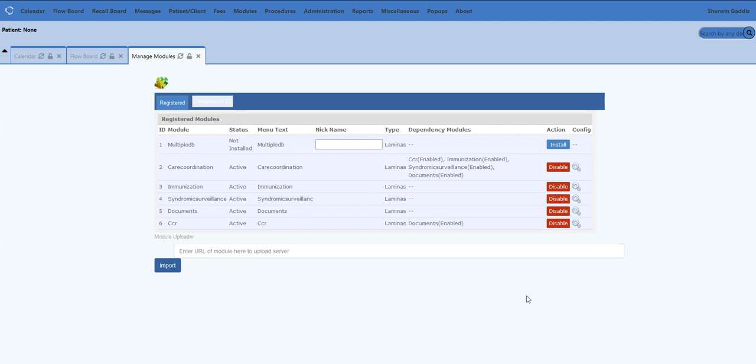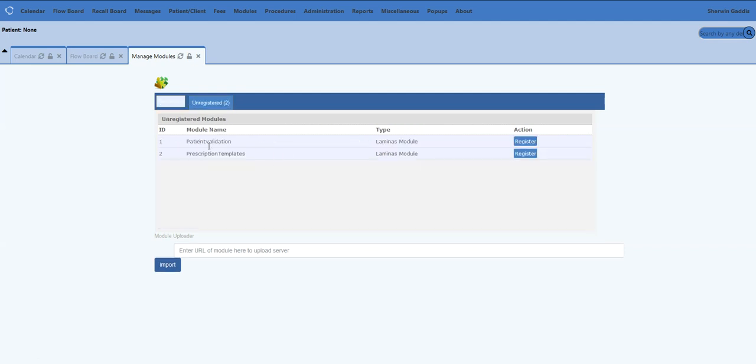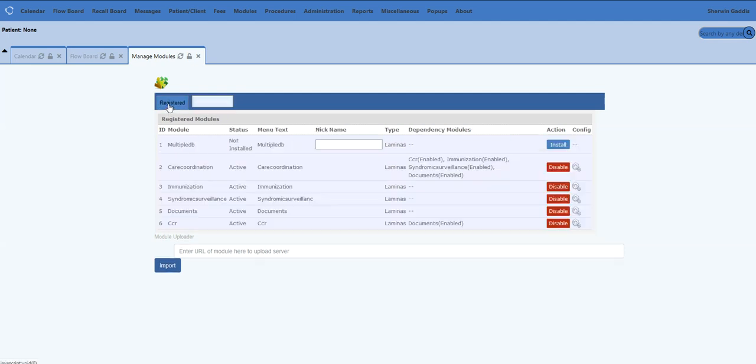This is a demonstration of the module installer that can be done from the GUI. So as you can see right now, I have two modules that have not been installed on this particular installation. And what I'm going to do is grab the URL for the module that I want to install,